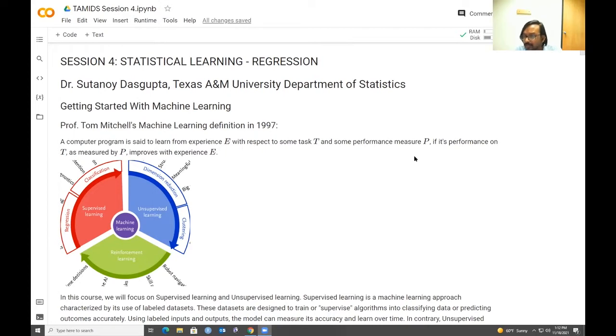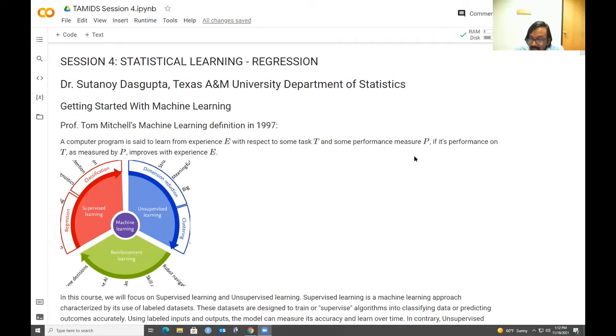Now, there are several aspects of machine learning. In this seminar series, we are going to focus on what is called supervised learning and what is unsupervised learning. Supervised learning are those cases where I actually tell the machine the right answers. So the cat versus dog example would be an example of supervised learning, because after showing the image of a dog, I actually tell the machine that, hey, this is the image of a dog. So the machine knows the right answer. So this is called supervised learning.